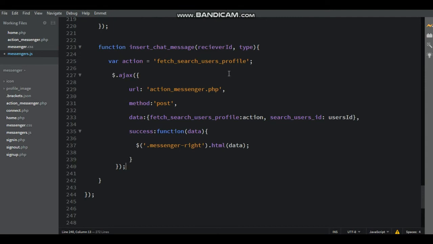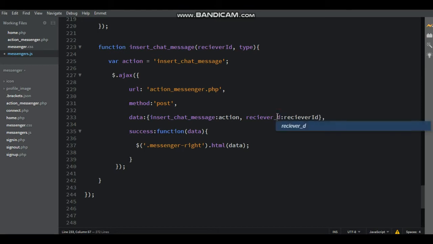Here copy the insert chat messages, paste inside the single quotes, that is variable actions, and also sending data to the server, that is insert chat message action, and then copy the receiver ID and then paste it here also, that is sending data receiver ID.